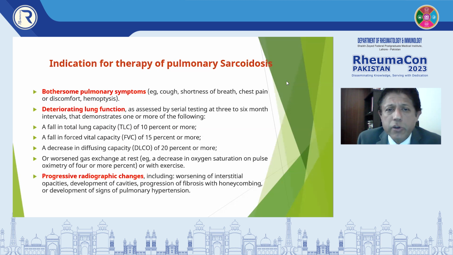Indication for treatment of pulmonary sarcoidosis is if you especially have cough, shortness of breath, and chest pain or discomfort or hemoptysis, or if you have deteriorating lung function, such as a 10% reduction in TLC over a period of time, a 15% or more reduction in FVC, or a DLCO reduction of 20% or more, or if the 6-minute walk test shows a decrease in oxygen saturation of 4% or more, or if you have progressive radiographic changes on further X-rays, worsening of interstitial opacities, development of cavities, progression of fibrosis with honeycombing, or development of signs of pulmonary